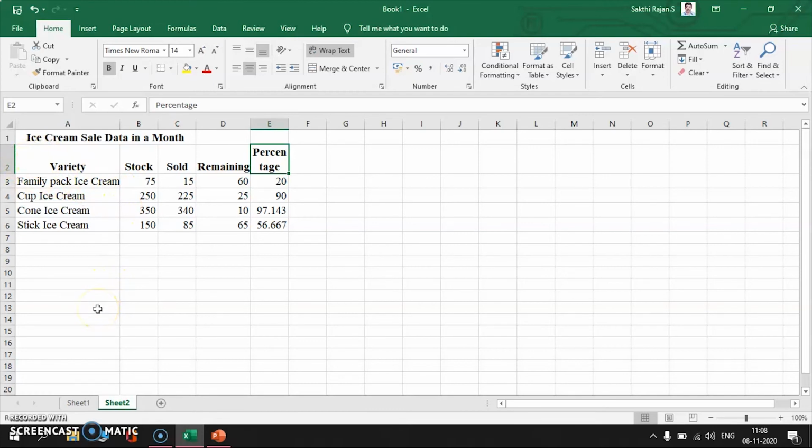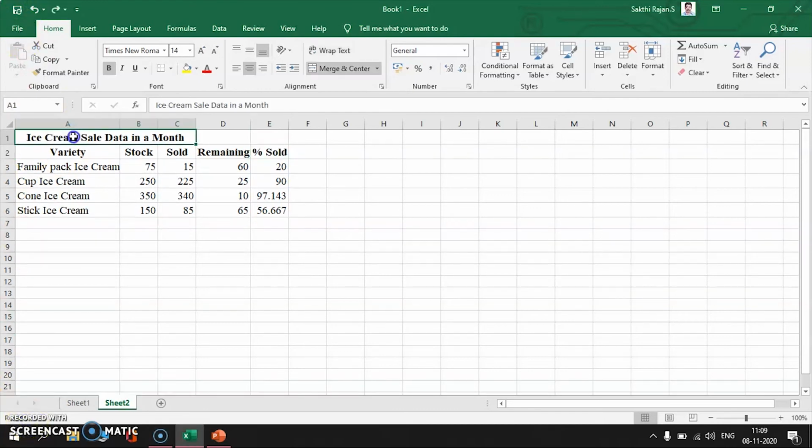Now we are going to see how we can print the various portions of the spreadsheet. To do that, first you have to select the data which you want to get printed. Since the spreadsheet contains several empty rows and columns that we do not use to enter our data, if you click the print option without selecting, then everything gets printed. For us, we need only the data which we entered to get printed.